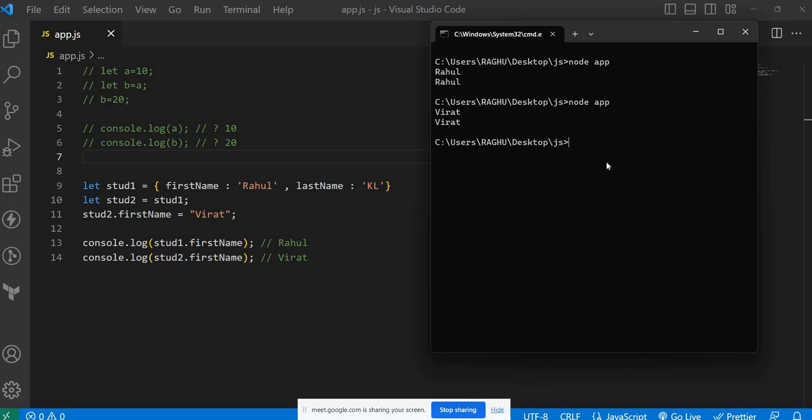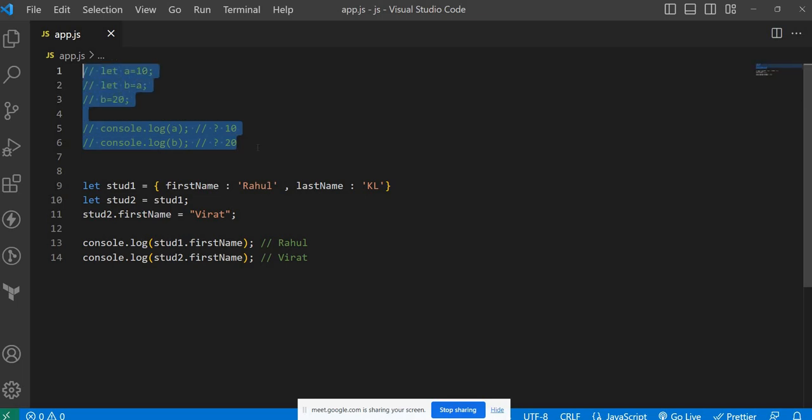Yeah, sir, because in line number 10, student 2 has the values of student 1. So if you change the student 2 name also, it will affect student 1. Why will it affect? Because observe carefully. Value, sir. So here we did,